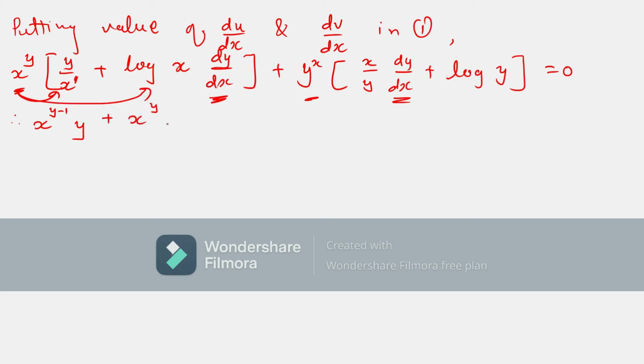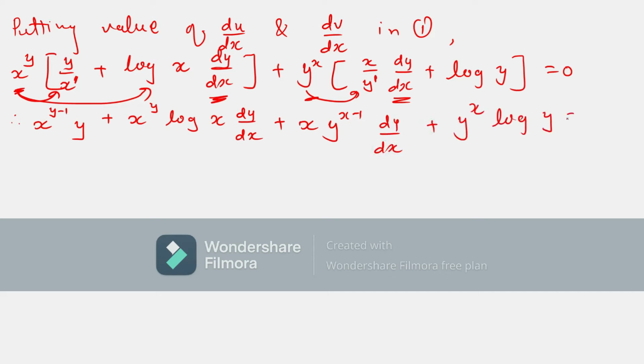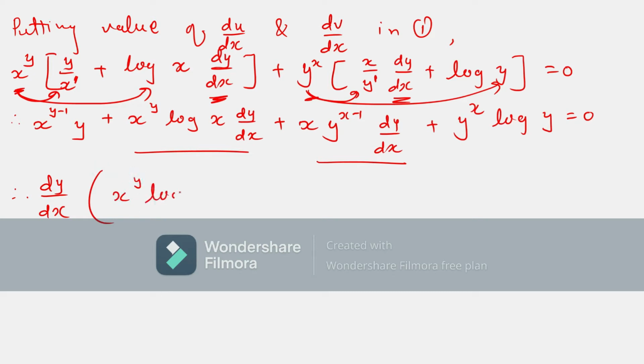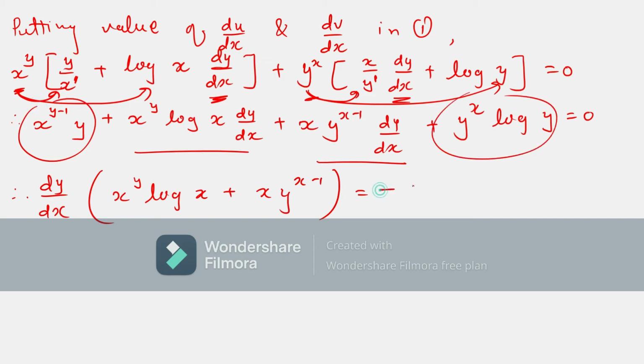Okay, and this same thing will be multiplied over here. So it is x to the power y, given log x also, and dy by dx. Plus similar manner, this term will multiply over here and y to the power 1. So here x as it is, y to the power x minus 1 dy by dx plus y to the power x log y is equal to 0, since this will multiply with this also. Here I'm having dy by dx in these two terms. Let me take common from these two. So I'm getting x to the power y into log x plus x y to the power x minus 1 is equal to y, because other things I am taking that side.